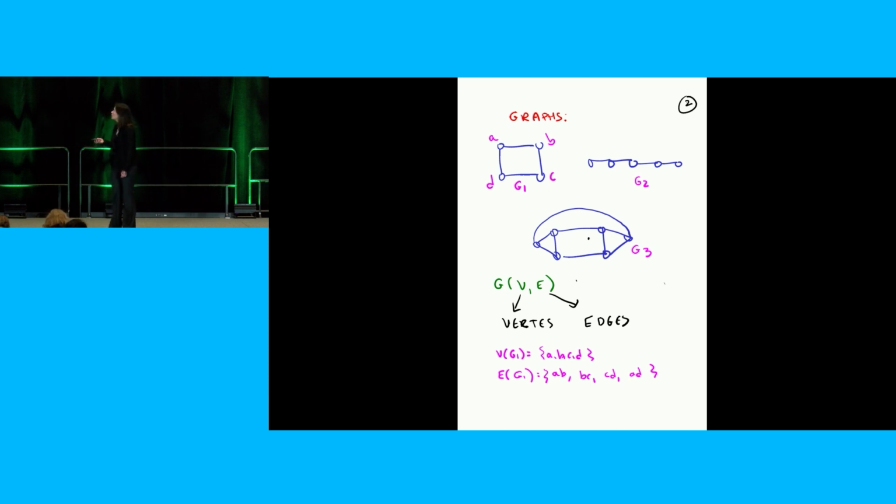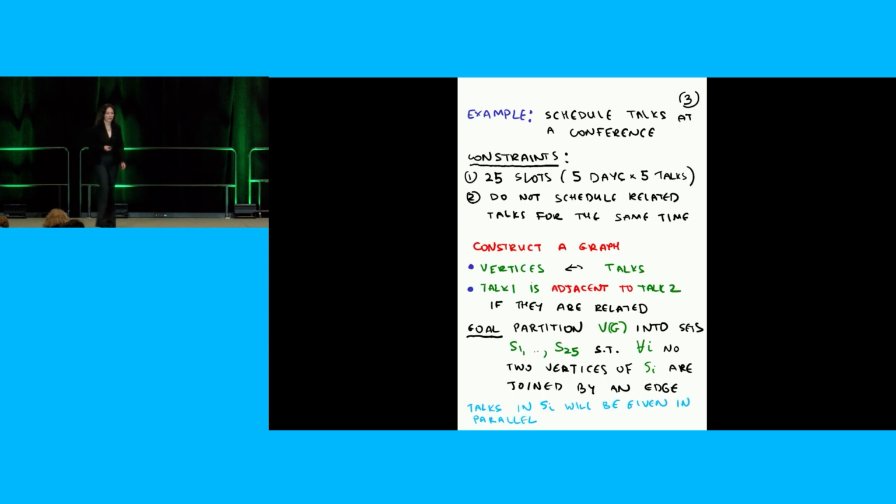Okay, so this is a graph, and this is a graph, and this is a graph, and you can draw them in different ways, and how you draw them doesn't matter. What does matter is what the vertices are, and then what pairs of vertices are adjacent, right? So in the drawing, they're joined by a line, but really, you don't need to draw anything. You can just record a graph in this form. Okay, so that's graphs.